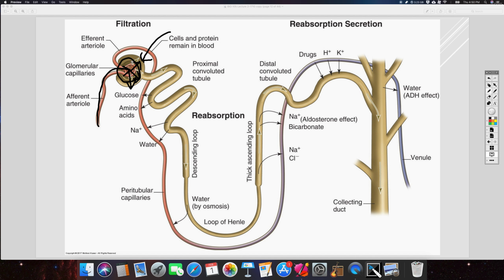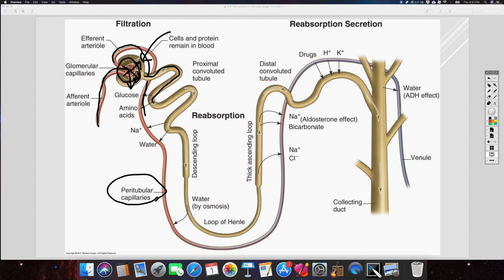Okay, on the other end of the glomerulus, you have what's called the efferent arteriole. Okay, and this is going to form what are known as the peritubular capillaries. Okay, and these will be for absorbing things like water and sodium and things like that. Okay, so Bowman's capsule captures that filtrate, and then it goes into the first part of the renal tubule called